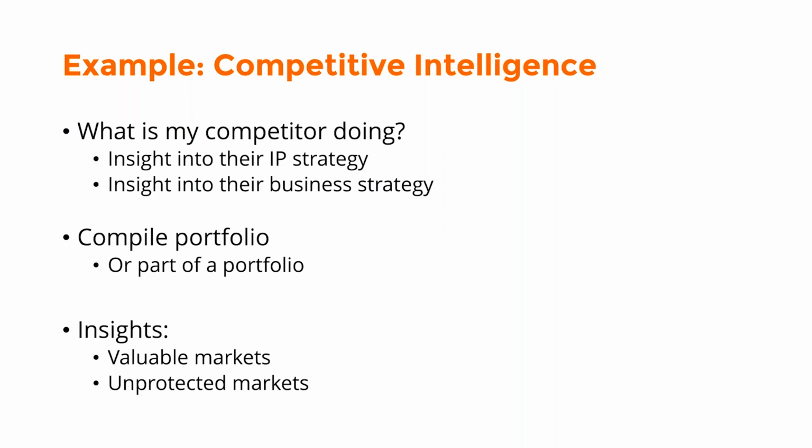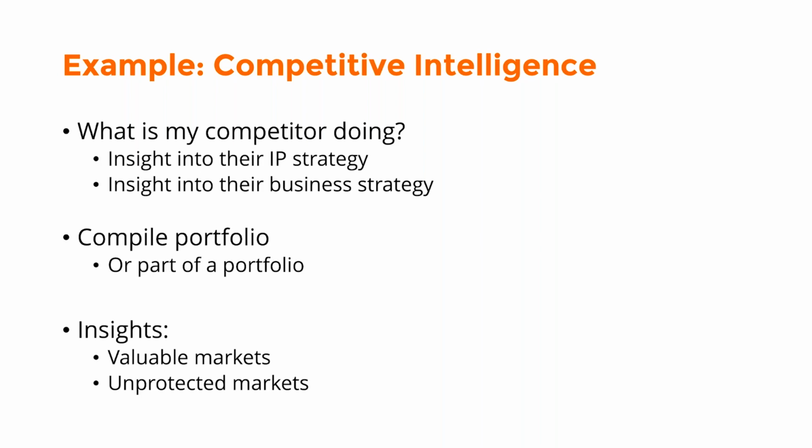We're looking for competitor intelligence. So at the start of it, the big overarching question is, what's my competitor doing? From an IP perspective, from a business perspective, what kind of insights can I take out of the analysis that I'm doing? So to do this, I'm going to compile their portfolio. And there's a lot of different ways to actually get these portfolios compiled. Obviously, the place to start is assignee data, pulling in families of the patents that get pulled in from that